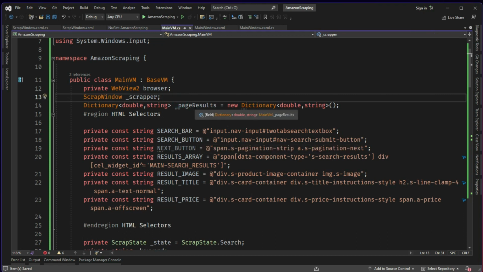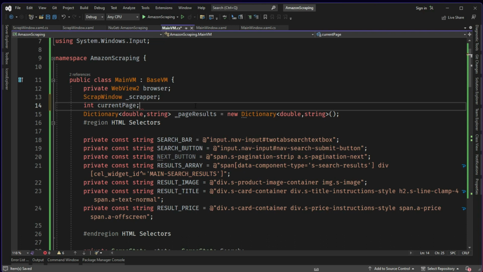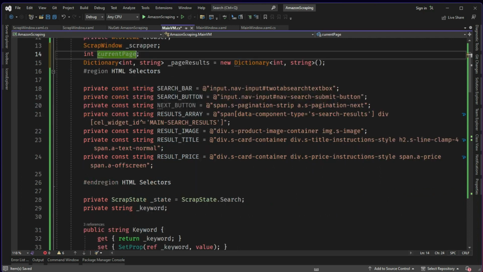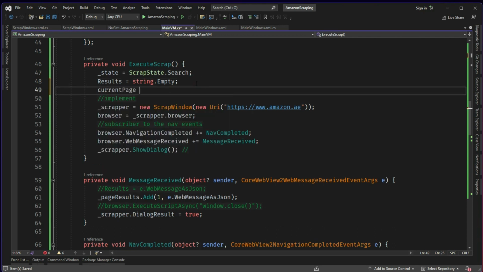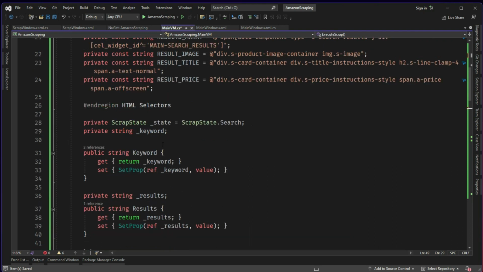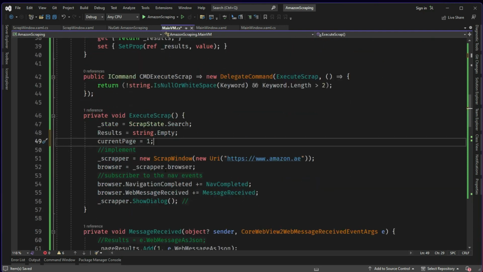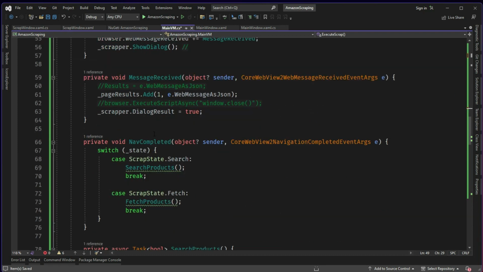and current page should be, let's call the current page as integer current page, and this one instead of double we can call it as integer again here. And current page we should always start with 1. So here current page is equal to 1. Whenever you execute scrap and you receive this message,